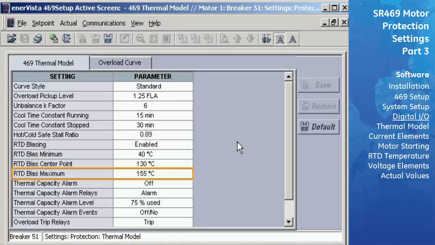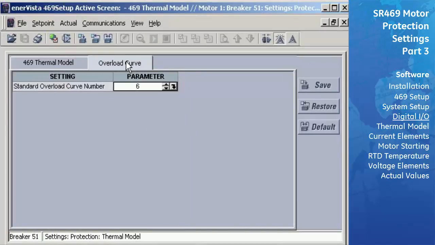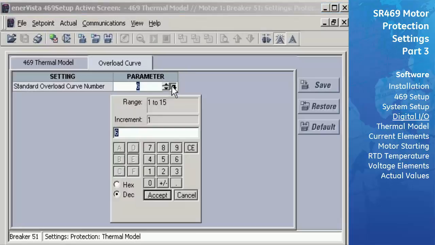This set point is set to the rating of the insulation or slightly less. A Class F insulation is used in this motor, which is rated at 155 degrees Celsius, and so 155 is entered. Selection of the overload curve. Standard curve number 7 was found to be just below the cold thermal limit and above the hot thermal limit,